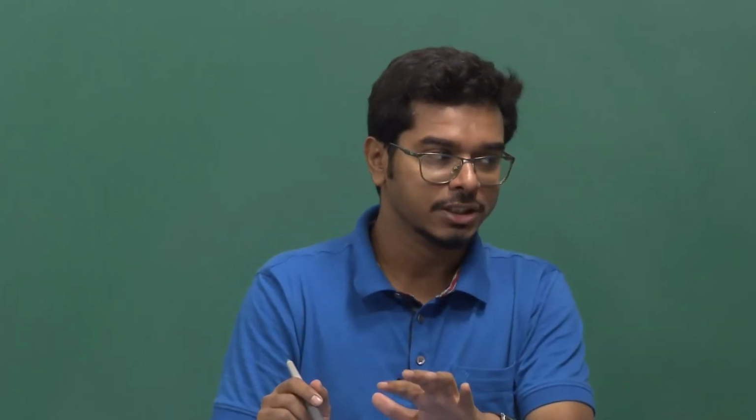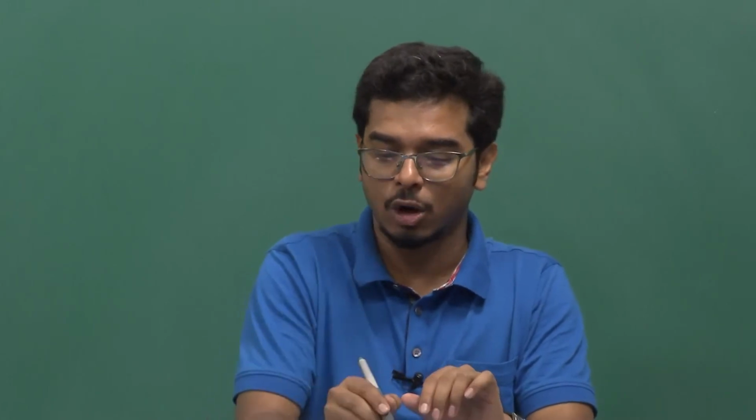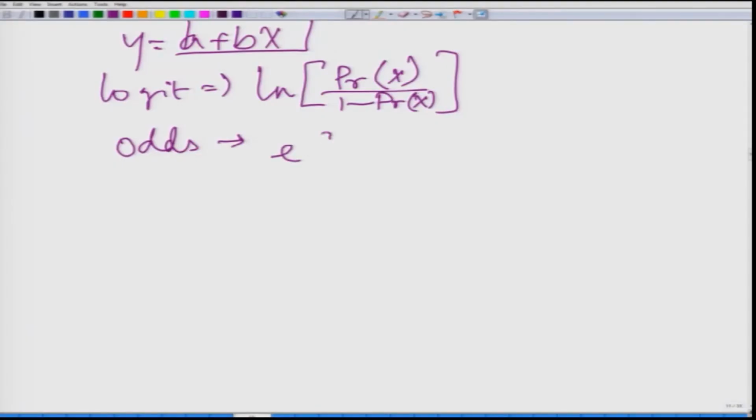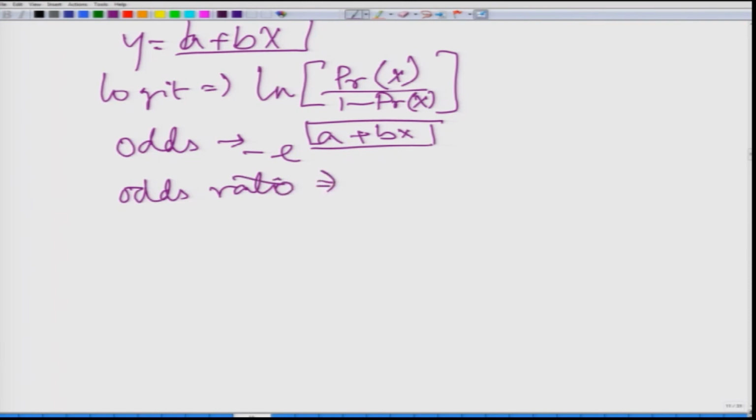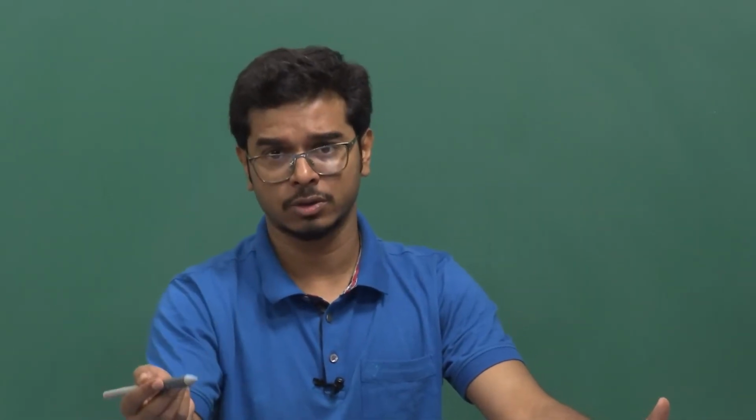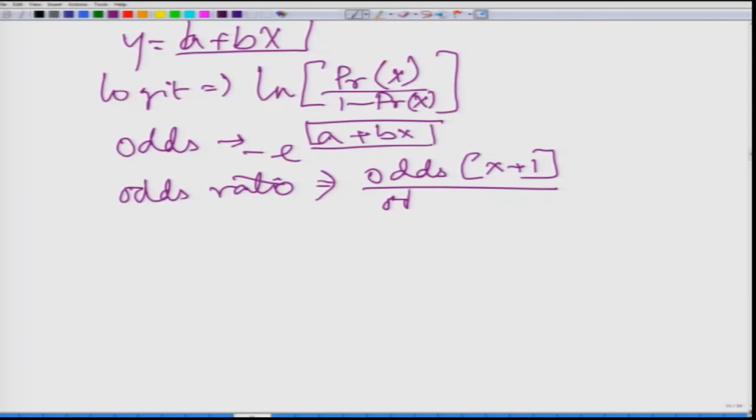If we are going to these odds, then it can be an exponential of this linear regression equation. So I can state it as exponential e to the power a plus bx. So this is my linear regression equation, and the exponential of this gives the odds and the odds ratio. The odds ratio is the odds of one category, x plus 1, where one category is 0 and the other is 1, dichotomous. So the odds for category 1, if that is visiting a clinic, divided by the odds of x, if that is not visiting a clinic.